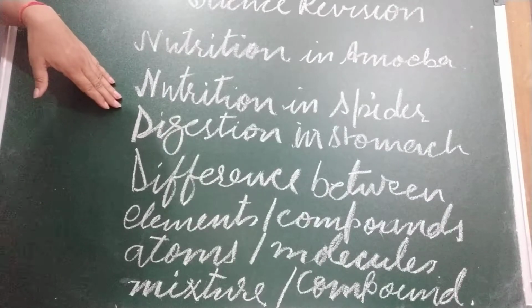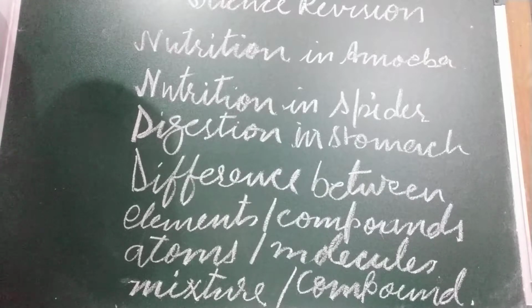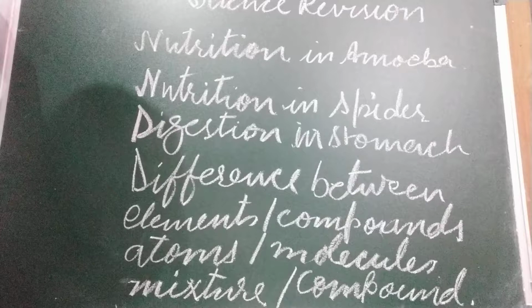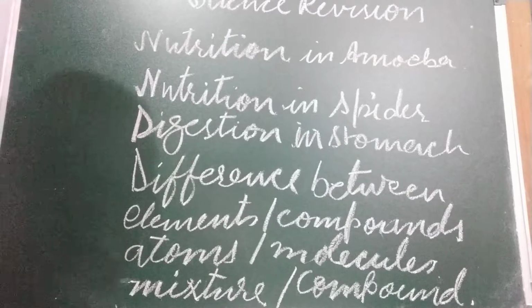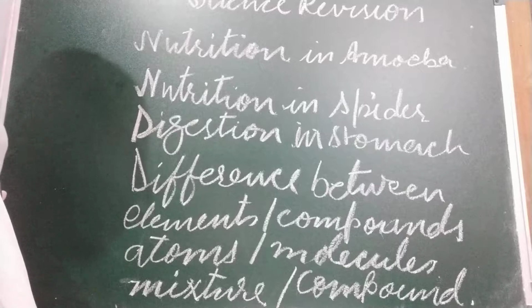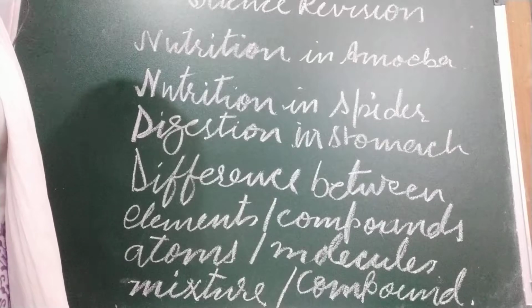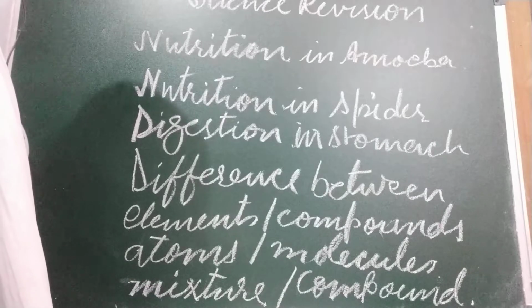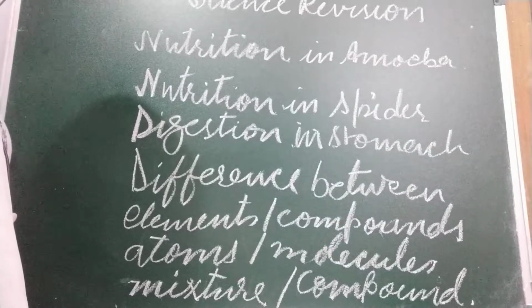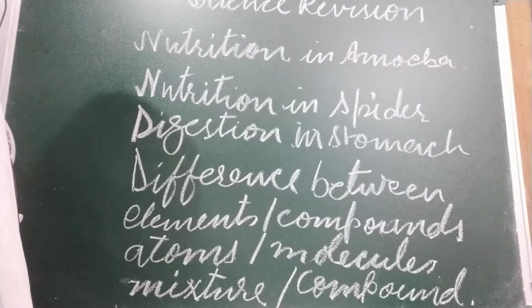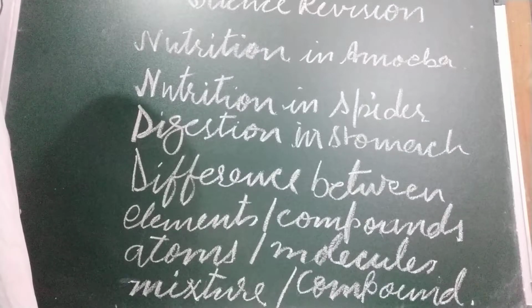Now we are coming to the human being. Digestion takes place in the alimentary canal. The different parts of the alimentary canal are the mouth, food pipe (esophagus), stomach, small intestine, large intestine, rectum and anus. The main digestion starts in the mouth, where saliva is secreted by the salivary gland, and this saliva converts the starch present in the food into sugars that are easier to digest.